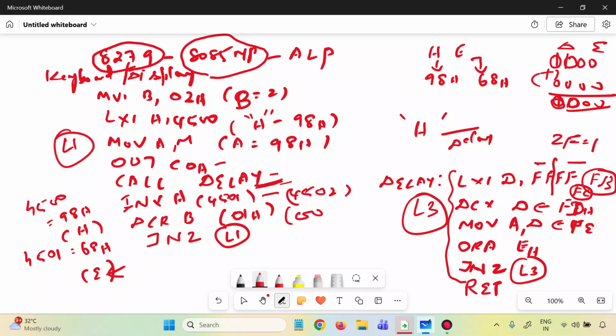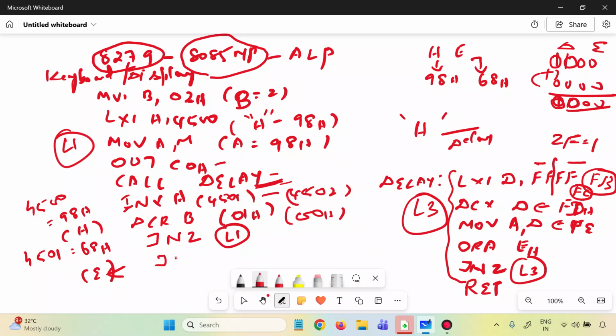01 initially it was, now it is 00. So now the pointer will point to 4502. The next instruction is you are decrementing the count, it becomes 00. That means the count has become 0. There is nothing more, because you are going to display only two characters here. It has taken the value for H as well as for E. If it is not equal to 0 only, it has to go again to move the memory content to the accumulator. But now it is equal to 0.